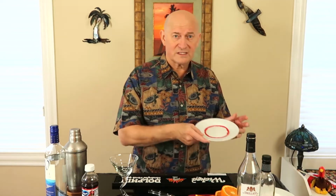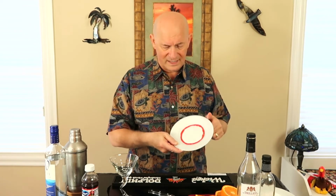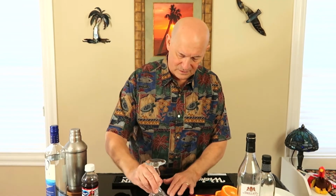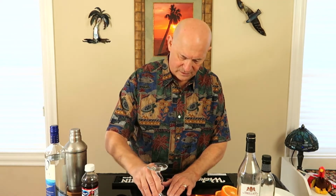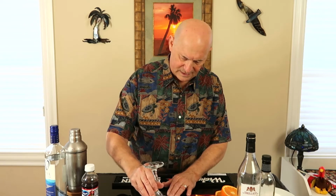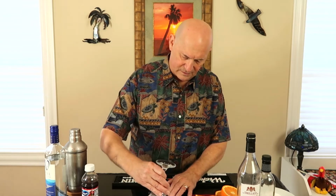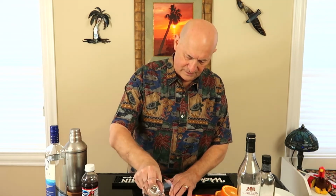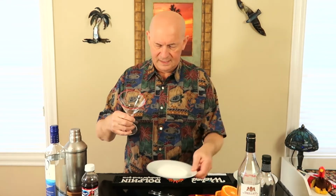What I'm going to do is I have this left over from Halloween. It is a gel. It is a red glitter gel, and this is going to work really well. So we are going to take the rim and we are going to get it nice and moistened, and any spot that doesn't, I'm just going to make sure that I really get that gel on here, because it's going to have a nice look. So there we go. You can see this whole rim now has the gel,